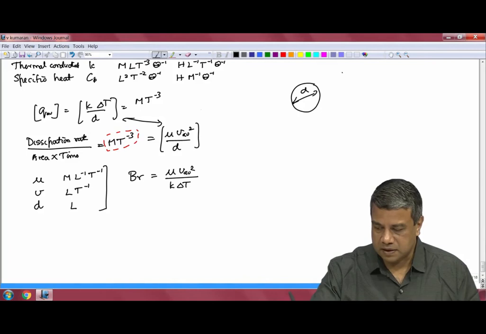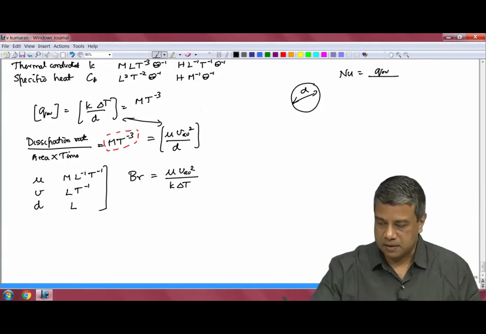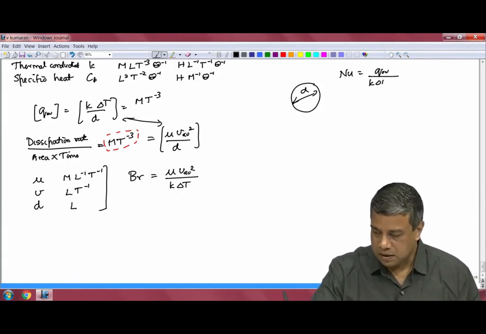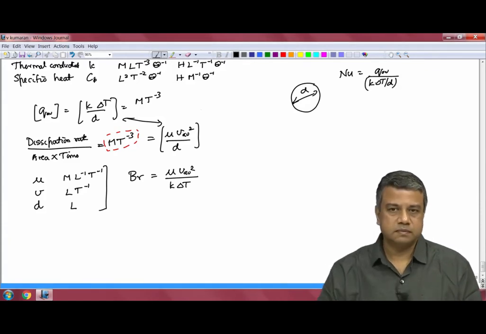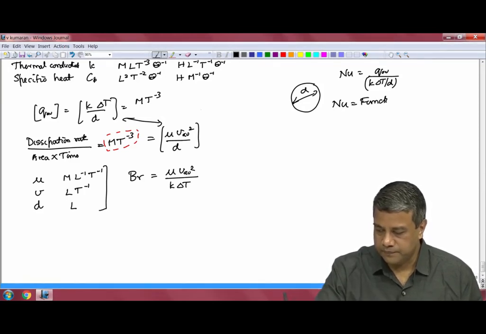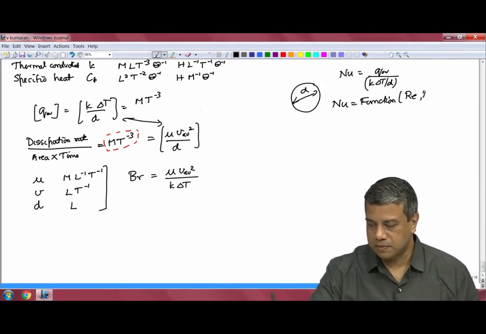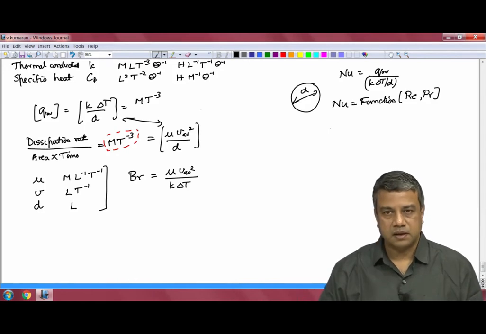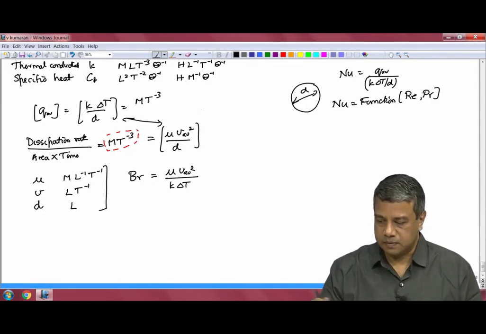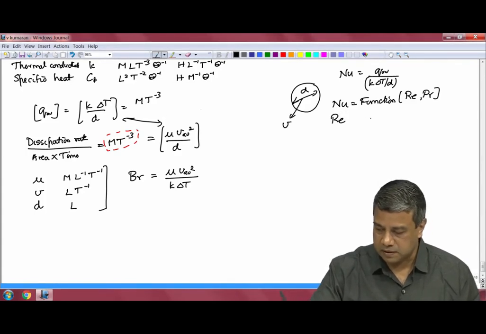average flux, I can define the Nusselt number as Q_av, heat energy transported per unit area per unit time, divided by k delta T by d. And this Nusselt number will be a function of the Reynolds number and the Prandtl number, where the Reynolds and Prandtl number are basically defined for the particle,